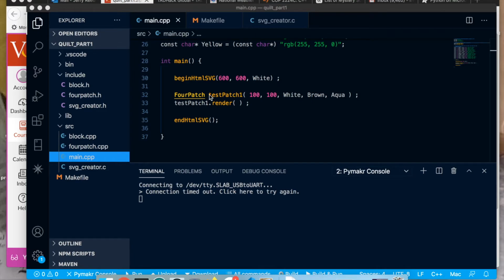This is the class I supply. You're going to make your own class here with a different name and a different pattern and different colors, and then tell that patch to display itself. And then end HTML just closes off the HTML we're creating, the SVG HTML, so that it will be valid